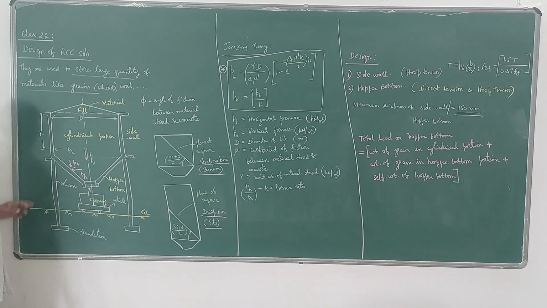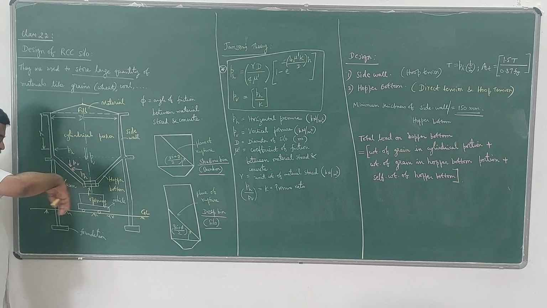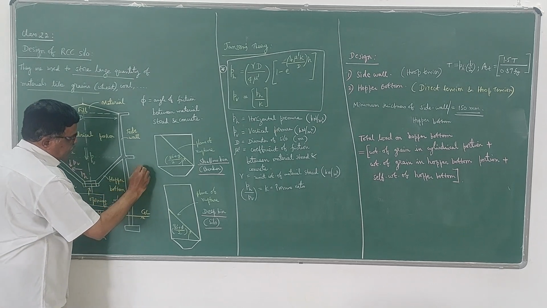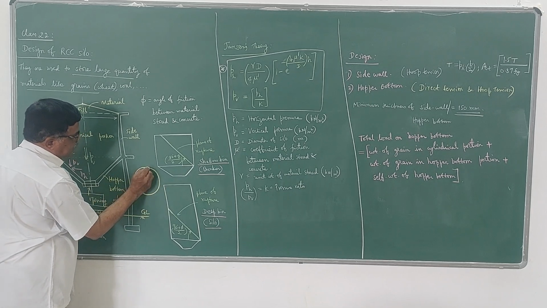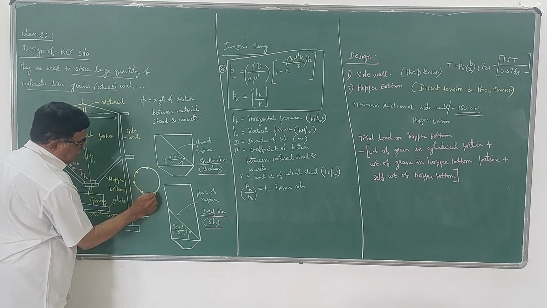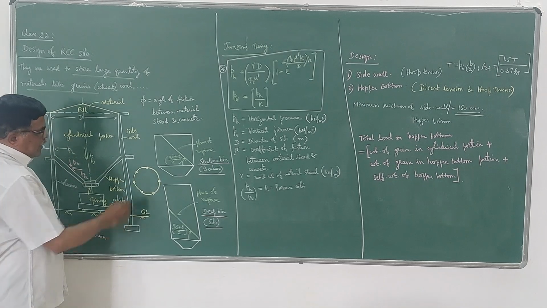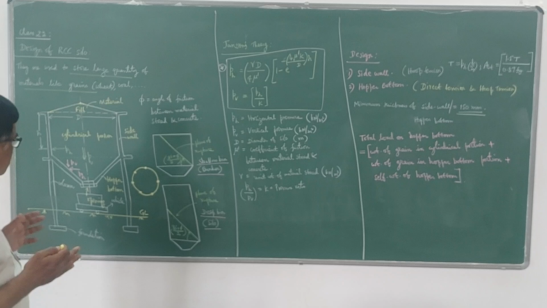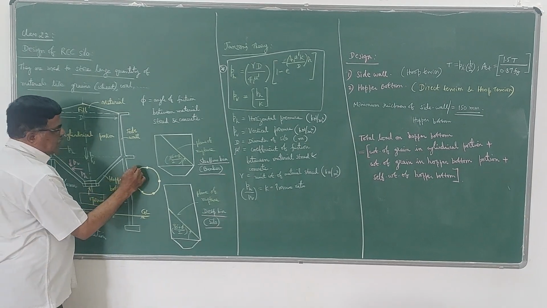And these walls are supported by columns. These columns will run along the periphery, along the circumference like this. So the columns will be like this in plan. So we can have the columns like this, and depending on the quantity that has to be stored in the silo, the spacing between the columns will be